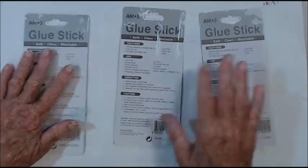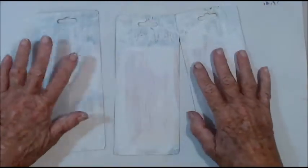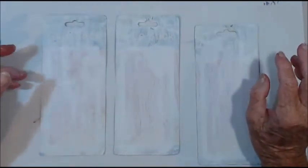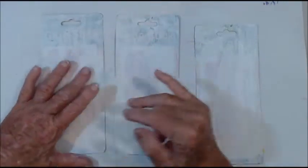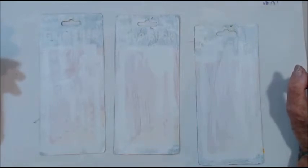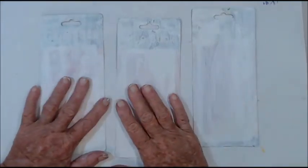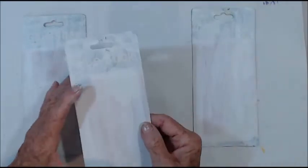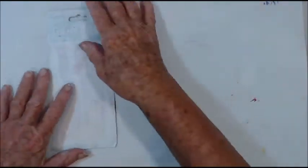Right, I've come on to do some tags and to do them in a boho style, and this is for Nina Ribena's group, which is now called Mixed Media Emporium, I think, something like that. I will put it in the show more. And I've gessoed my backs of glue sticks. I buy a big one and a small one in these, and so I'm going to use these, and I'm going to